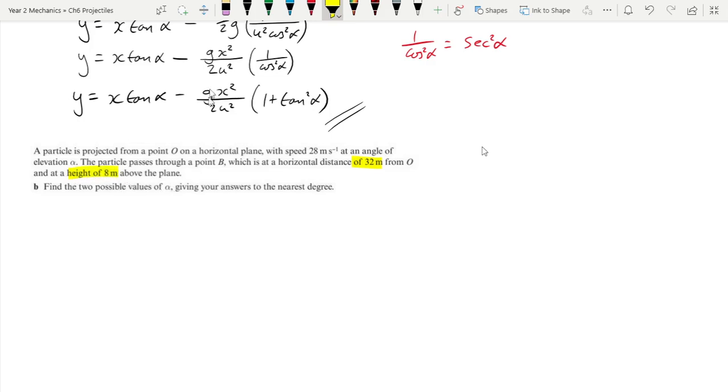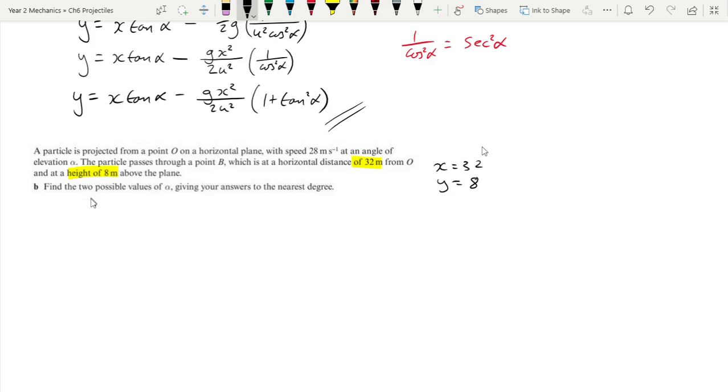meters above the plane. So here we've got an equation that we've made in terms of x and y, and we're basically told the horizontal distance is 32, so x is 32, when y, the height, is 8 meters. So we've basically got a coordinate that this curve passes through. So we can substitute this into here and see if we can work out alpha, which is what we've got